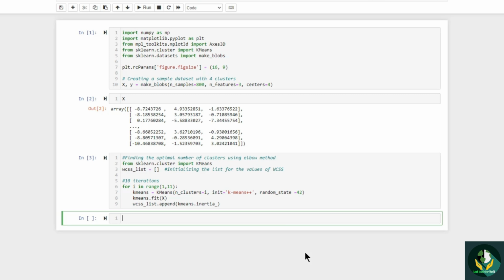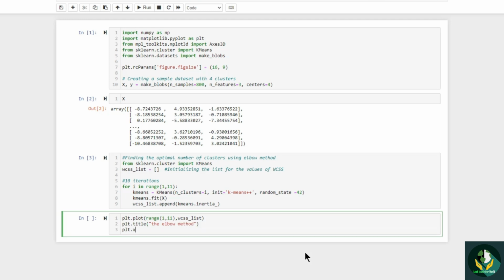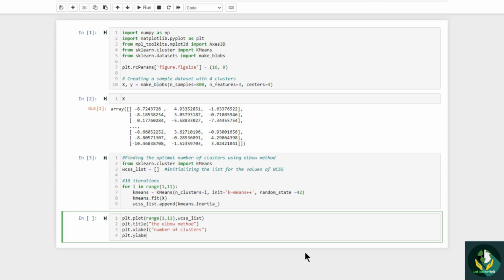So to do that, I write plt.plot(range(1, 11), wcss_list), plt.title('The elbow method'), plt.xlabel('Number of clusters'), plt.ylabel('WCSS_list'),